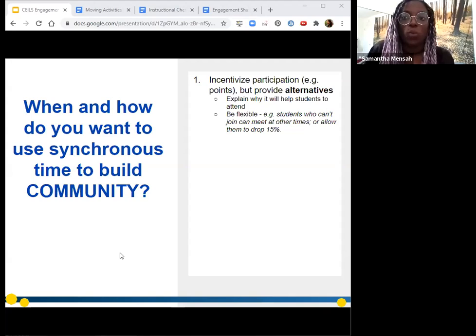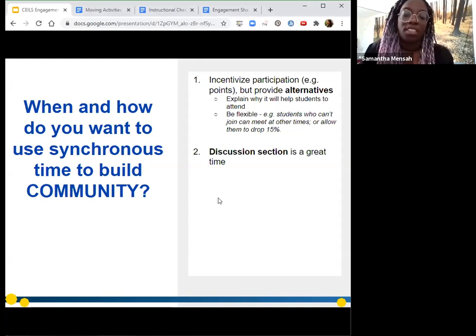So explaining why it will be useful for students to attend your lecture or your synchronous meeting, and then being at a specific time, they might want to meet at another time with other students, and that can be facilitated via Doodle poll. And another one would be allowing them to drop the lowest 15% of their participation points.